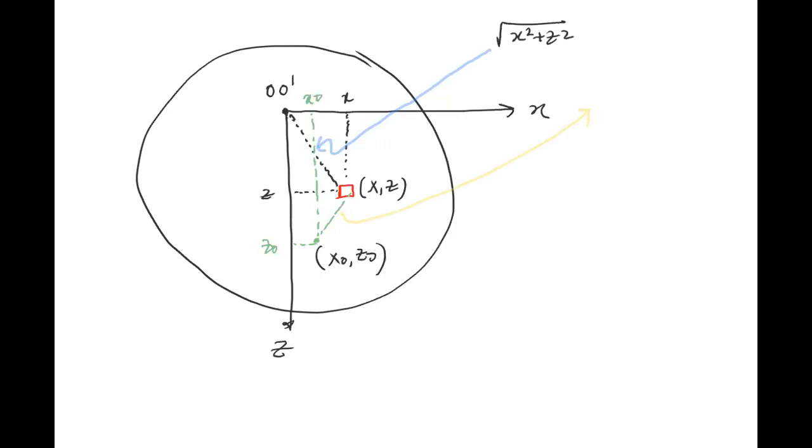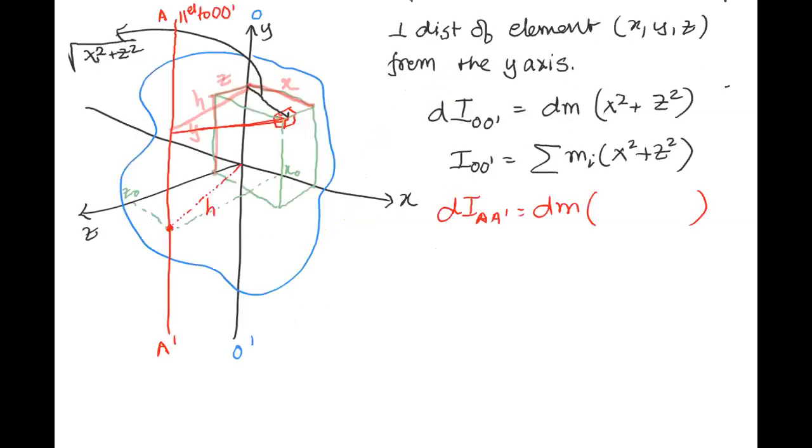सीधा डिस्टेंस फॉर्मूला अप्लाई करते हैं. डिस्टेंस फॉर्मूला अप्लाई करेंगे तो x माइनस x नॉट होल स्क्वायर प्लस z माइनस z नॉट होल स्क्वायर under root. This may not be as obvious in this diagram. I'm sorry about that. But here, this is definitely going to be equal to x minus x naught whole square plus z minus z naught whole square, and the moment of inertia about the axis AA dash is going to be